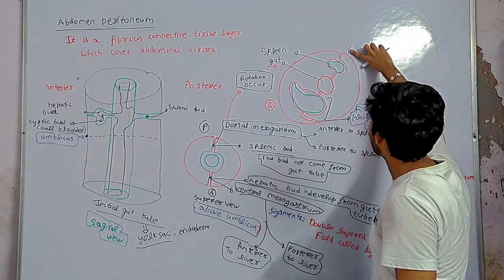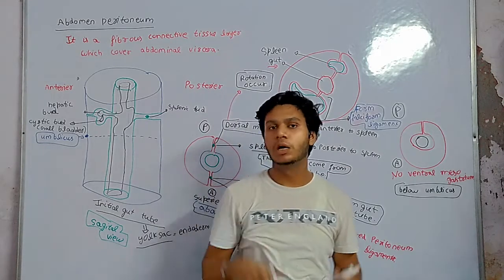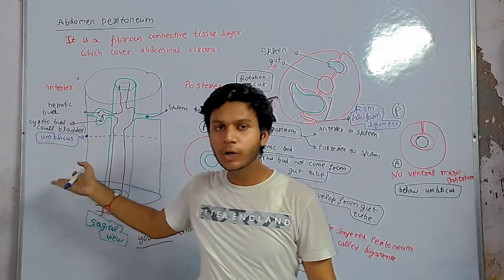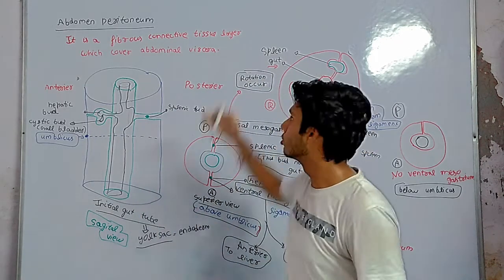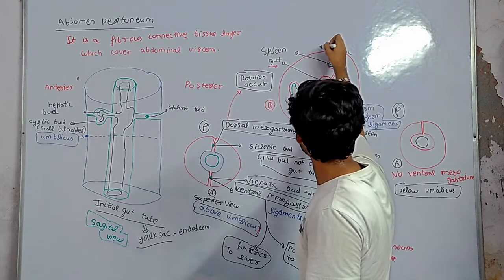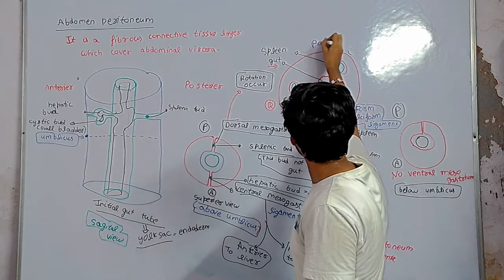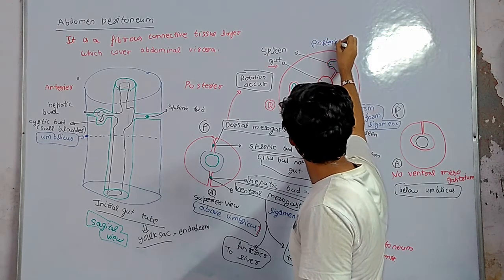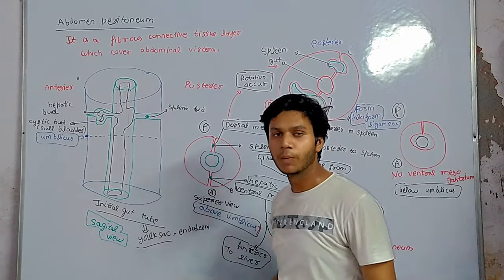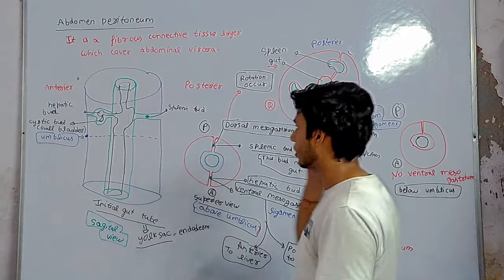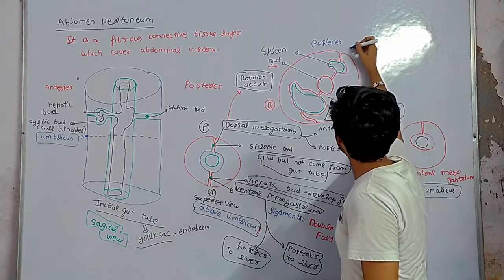Now remember the posterior side. Some organs are covered by peritoneum, which is called intraperitoneal, but some organs are not covered by peritoneum on the posterior wall. Remember, this is the dorsal side, this is the anterior view, and this is the posterior view. On the posterior abdominal wall, some organs are not covered by peritoneum, which are called retroperitoneal. They will come next. So first, let's say the kidney is present here.